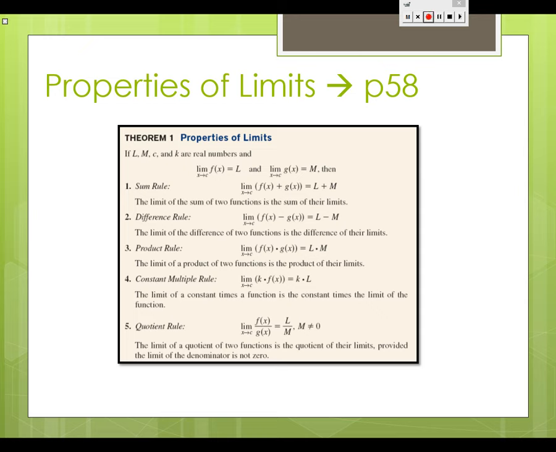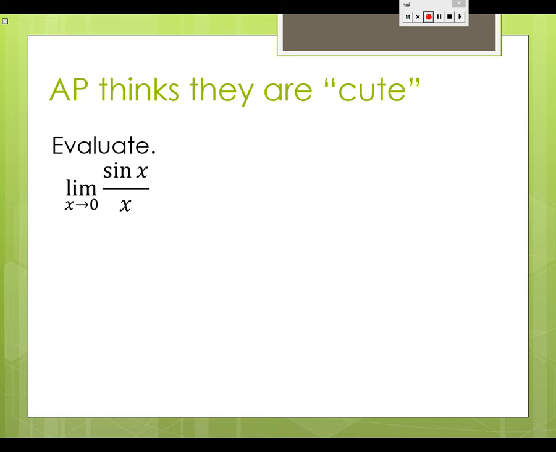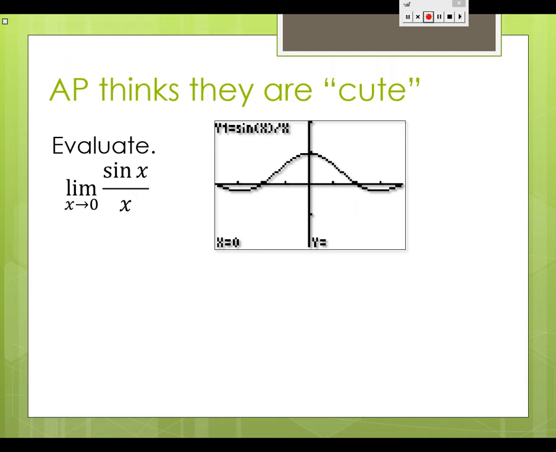Whoa, okay? And all the rest of them are equally not very exciting, right? They're all exactly how you would expect them. But I would encourage you to glance at them and say to yourself, oh yeah, that kind of makes intuitive sense. They're on page 58 of your book. Can I show you one more that's going to blow our minds a little bit before we leave here? Okay. There is a proof of this in your book,